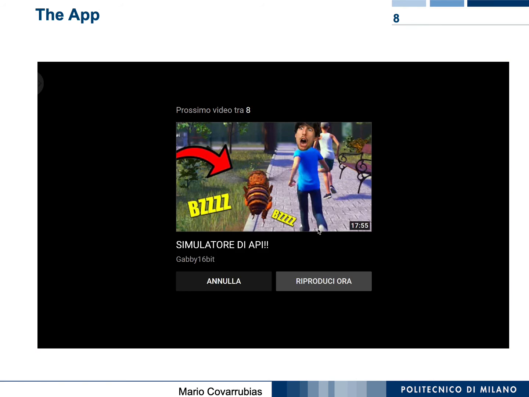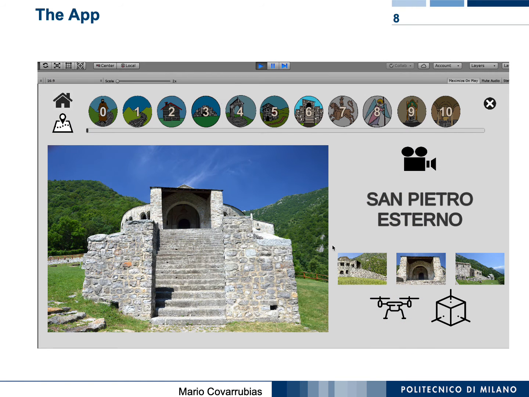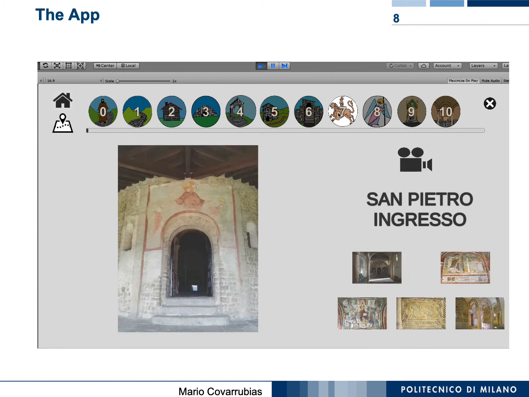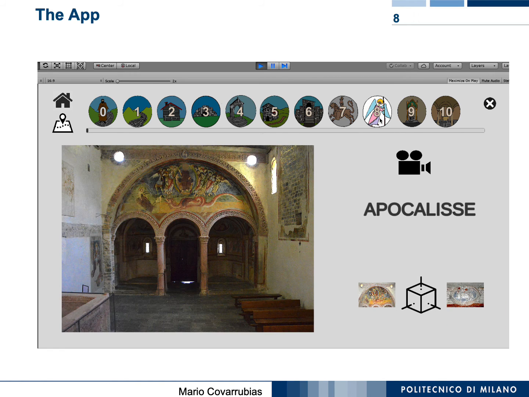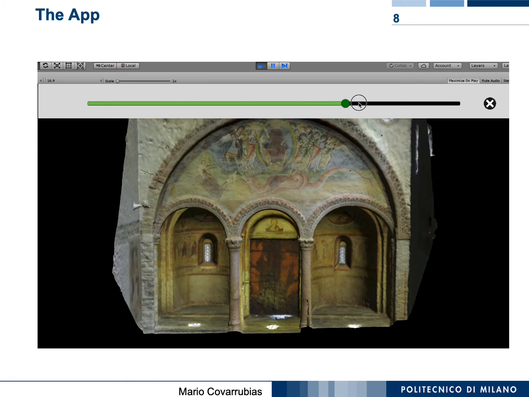Okay, let's go ahead. We should close this. This is the main access. This is also a beautiful 3D reconstruction. So let's see. This is the result of the